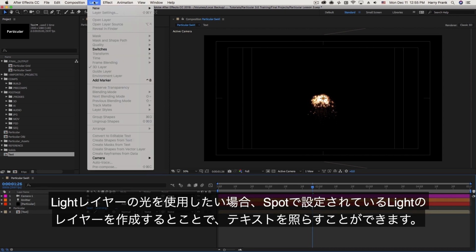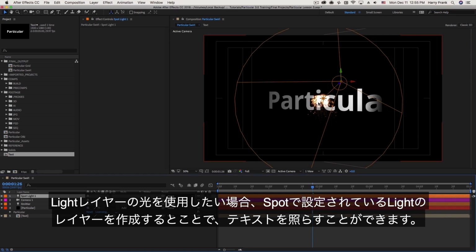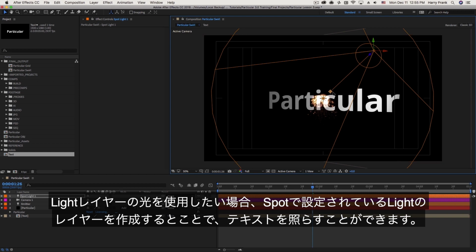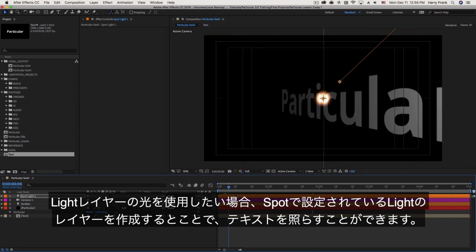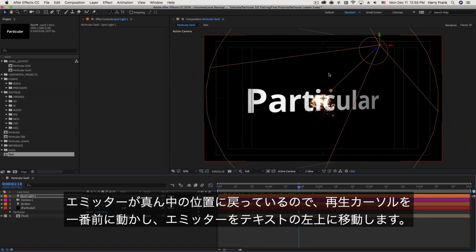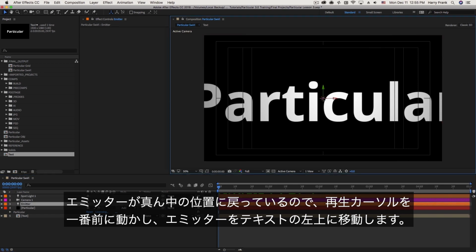Or if I do want to use lighting, I can simply create an additional light source for the light. So I can go in here and perhaps create a spotlight and illuminate my text like so. So right now, the emitter is actually right in the center point. It's not actually going to be moving. So I'm going to go to the beginning here and move my emitter over to the left and top of